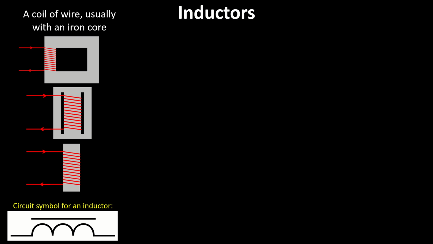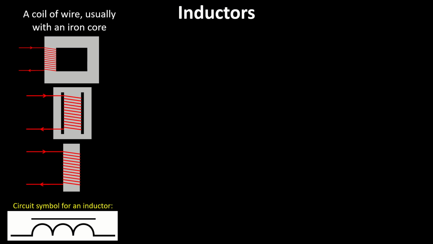The circuit symbol looks like this. There's a series of three hoops in this diagram. There can be more or less, three or four or five or whatever. It doesn't really matter how many of the little semicircular hoops there are. That is indicating a coil of wire, and the line across it is indicating that there is an iron core in it. You could also have the symbol that was just the semicircular hoops connected together. That would indicate it was just a coil of wire with no iron core, but they almost always have an